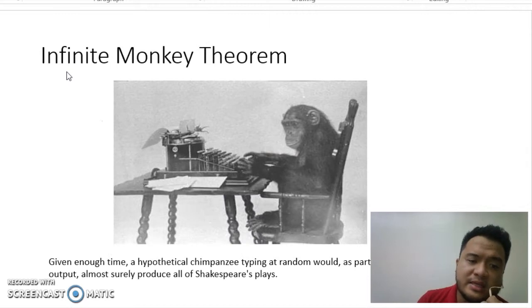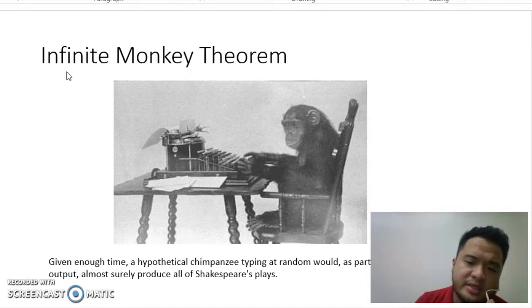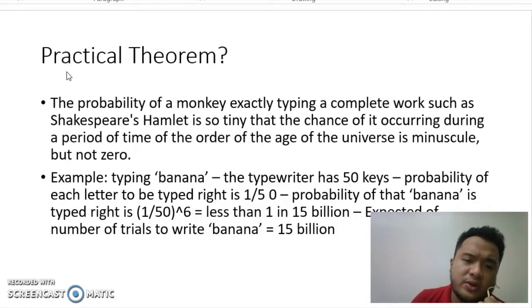Okay. This is an example. It's the infinite monkey theorem. Given enough time, hypothetical chimpanzees typing random keys as part of their output will almost surely produce all of Shakespeare's plays. So what is the particular theorem? The probability of the monkey exactly typing a complete work such as Shakespeare's Hamlet is so tiny that the chance of it occurring during a period of the order of the age of the universe is